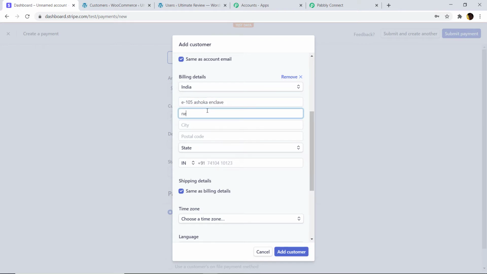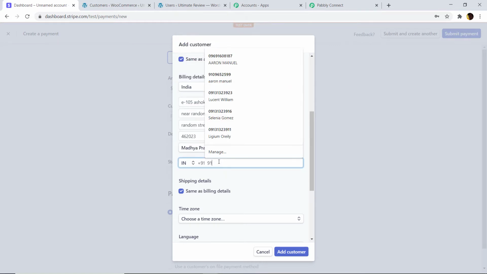The address line 2 is near Random Talkies. The city is Random Street. Postal code is 462023. Okay, it's 46. The state is Madhya Pradesh.